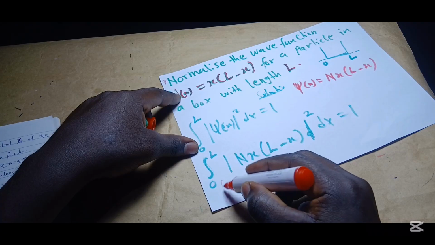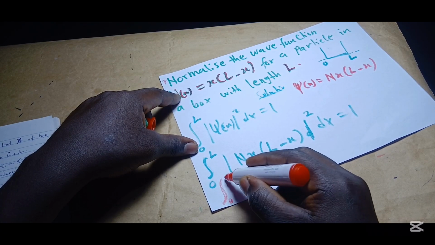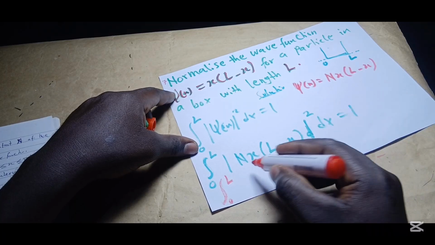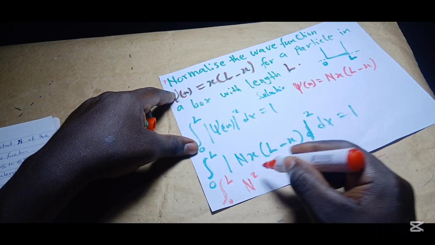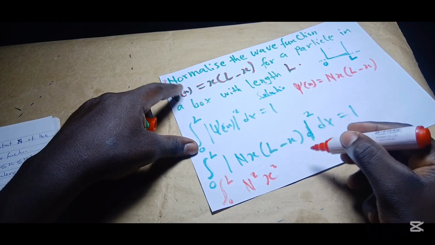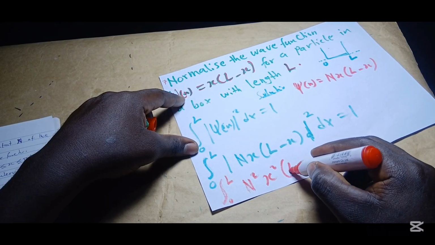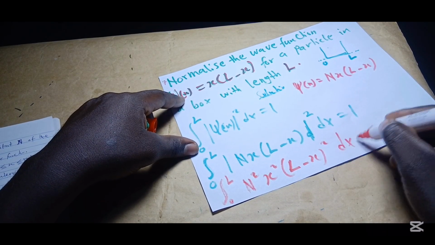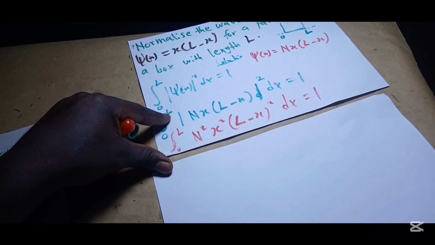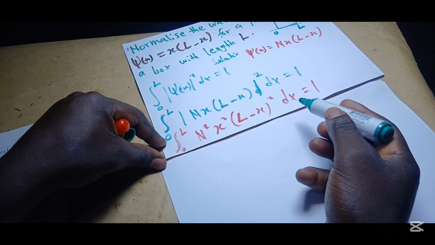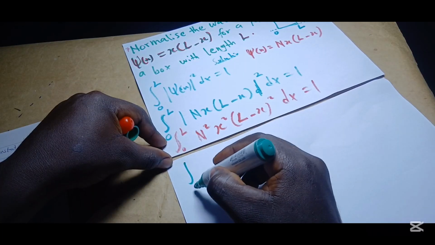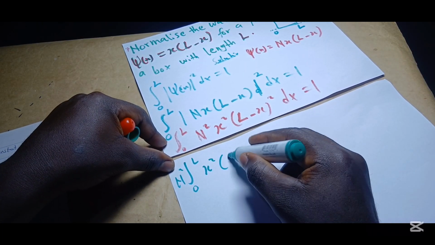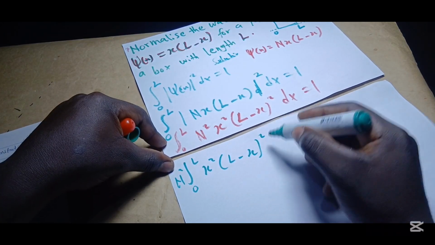So now let's square whatever is under the absolute sign. So squaring this whole thing, they've raised to the power 2. So n to the power 2 gives us n squared. x to the power 2 gives us x squared. All into bracket L minus x to the power 2, dx equal 1. Since n is a constant, let's factor it out. So integral from 0 to L, n squared, x squared into bracket L minus x to the power 2,